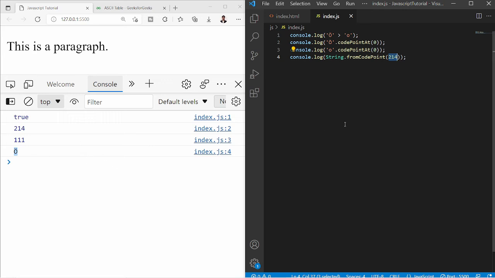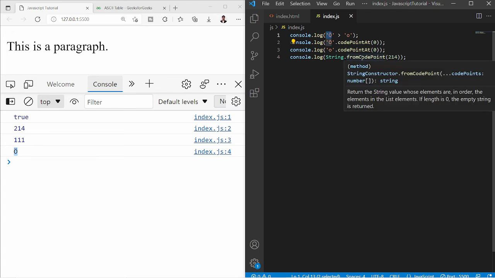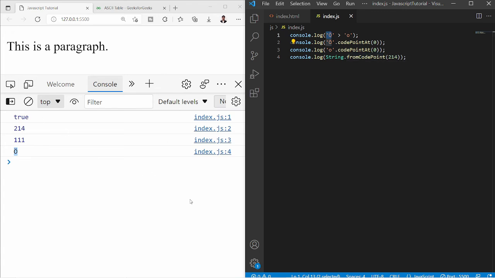Now the right algorithm to do string comparisons is more complex than it may seem, because alphabets are different for different languages. As we can see, this alphabet and this alphabet are different in two different languages. So the browser needs to know the language that we are going to compare. Luckily, all modern browsers support the internationalization standard ECMA 402.